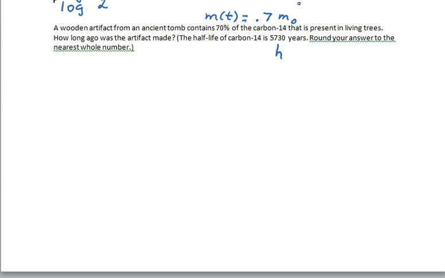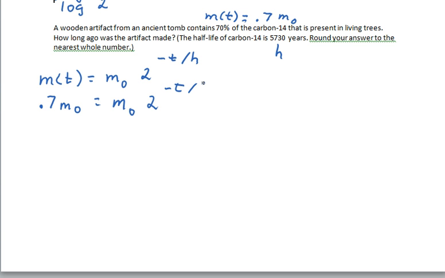And so we're going to look at the formula m of t equals m sub 0, 2 to the opposite of t over h. And for m of t, we're going to have 0.7 m sub 0 equals m sub 0, 2 to the opposite of t divided by